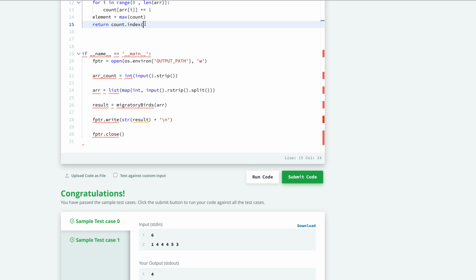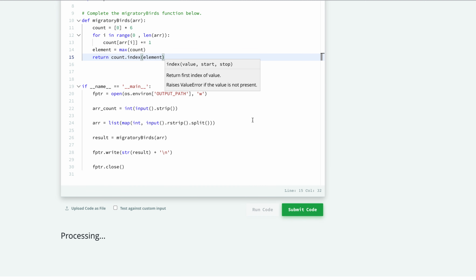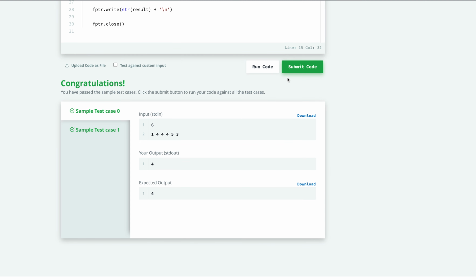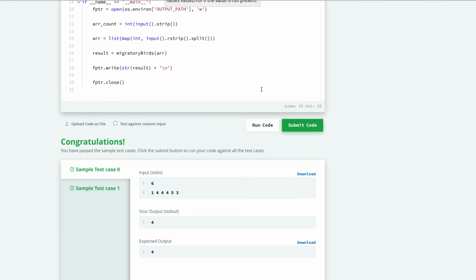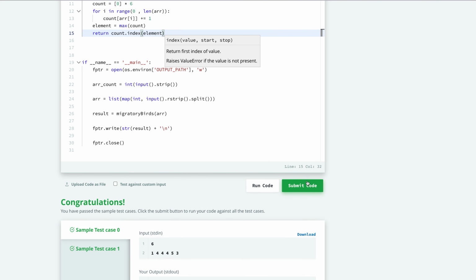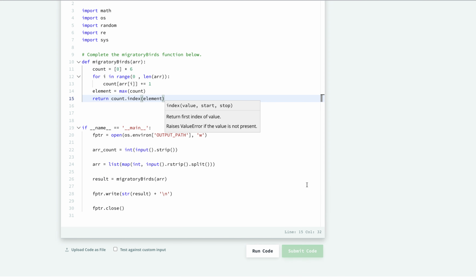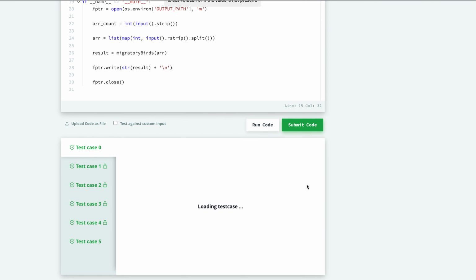Now what we want is the index at which the count 3 is present. So we will write count dot index of element. This is the approach we are using in this Migratory Birds problem. You can see all the test cases are